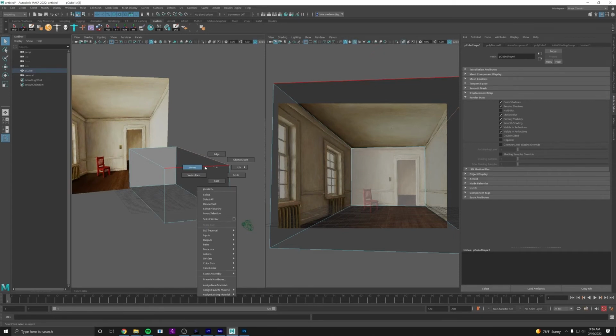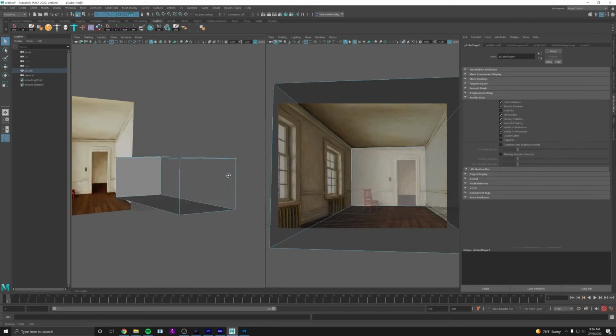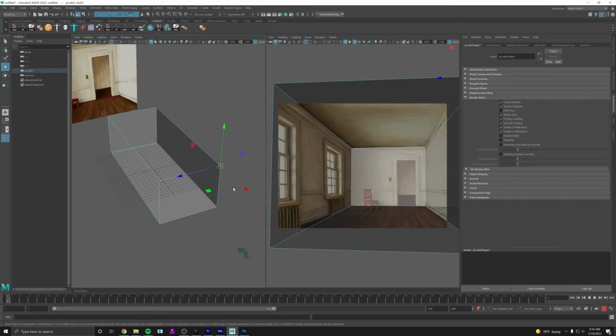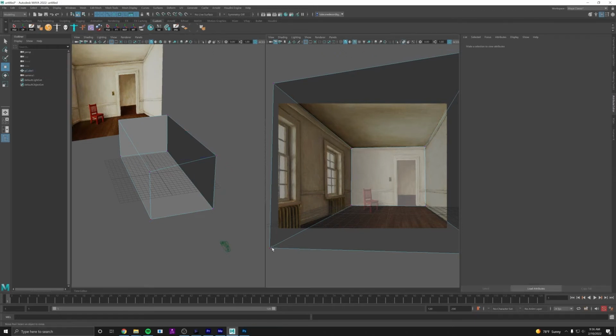So I'm just going to bring this corner up, and I'm going to the vertex selection tool. Again, I'm holding down the right mouse button, dragging and releasing on vertex. And now I hit W for my move tool, and we'll just move this up a bit. So now I'm looking at this edge here, and that lines up nicely. I'm going to do the same with,